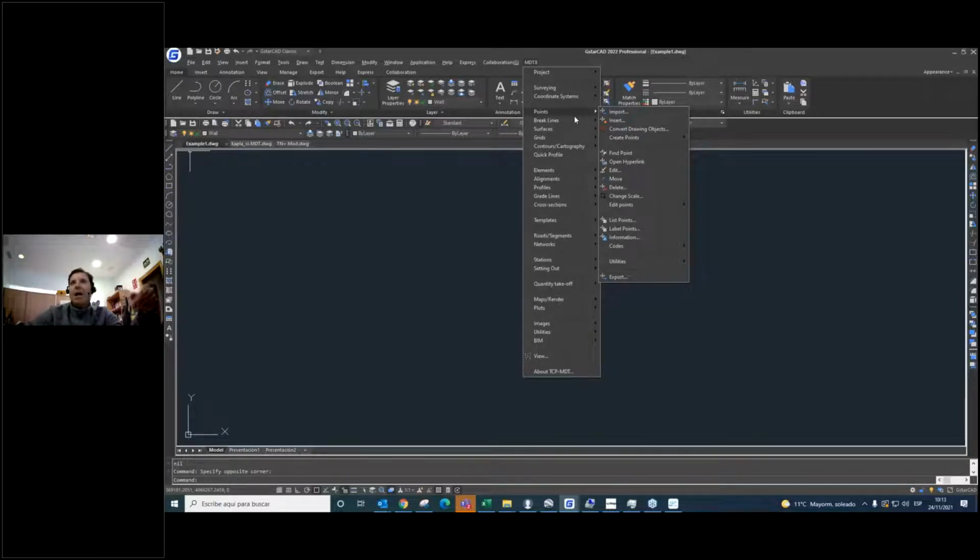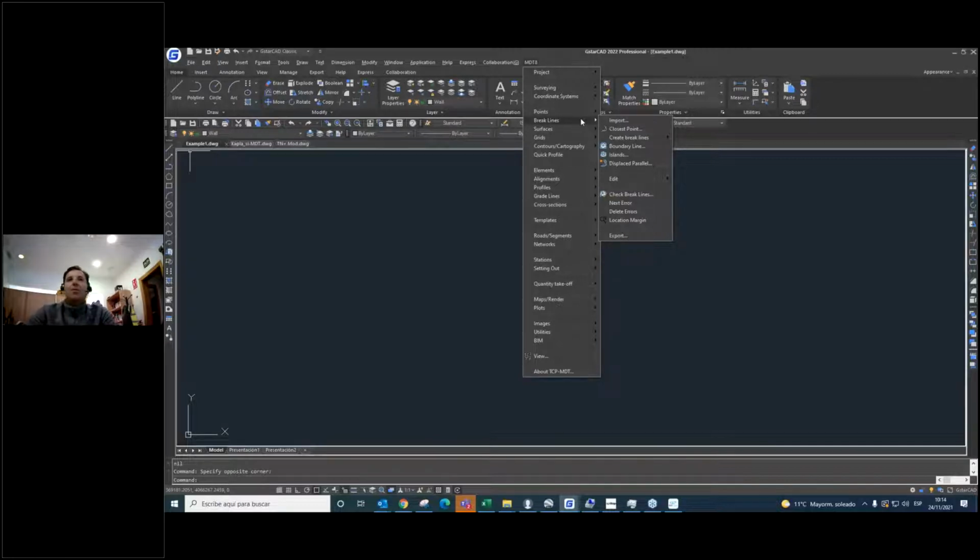The basic module, standard module, allows us to create a cartography from our point cloud to create every line, surface, profiles, cross-sections, etc. And then the second one is the professional module, where we can follow the civil project engineer, to follow one side, or maybe to give a different quantity takeoff or something like that.